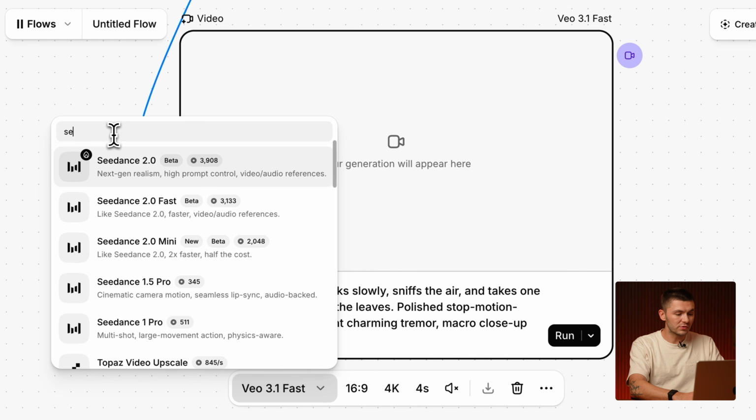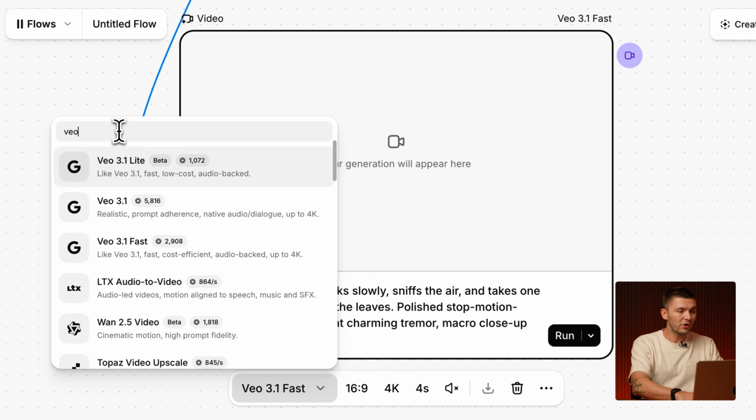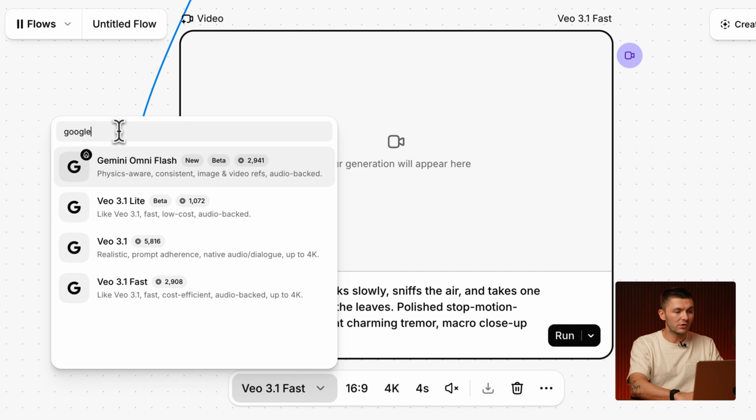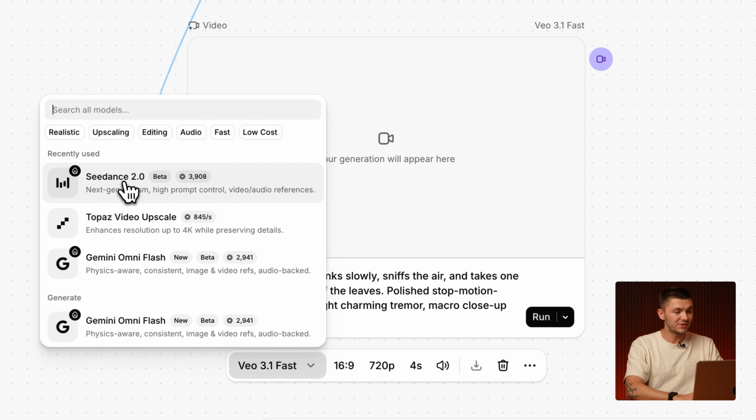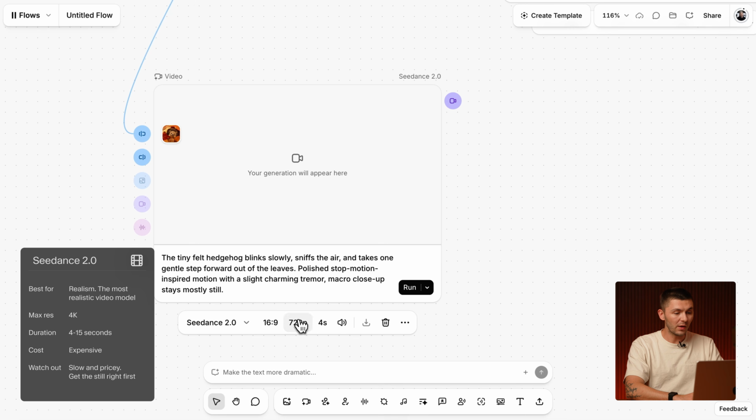You've also got models that you've likely heard of called Seedance 2.0, which is one of the most realistic AI video models. However, it's very expensive and it's also very slow. We can go with Google's models, so we've got Veo. These are quite old, and we've also got Gemini Omni Flash, which is the latest model from Google, which is a great model, but sometimes it's hard to get consistent results. And for the purpose of this video, I'm going to be using Seedance 2.0,